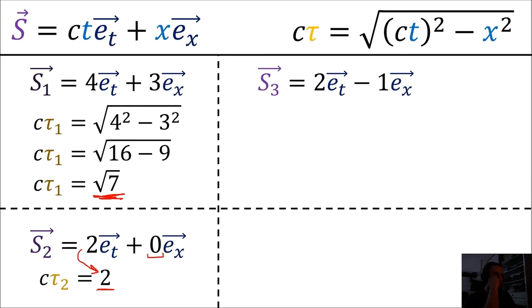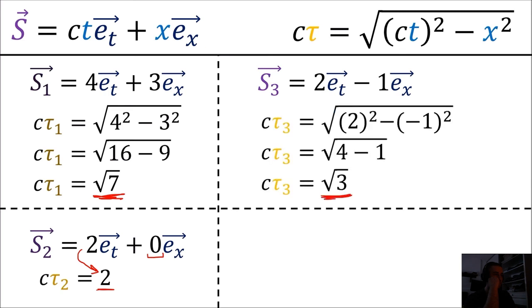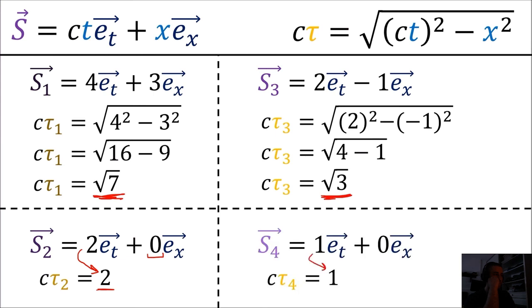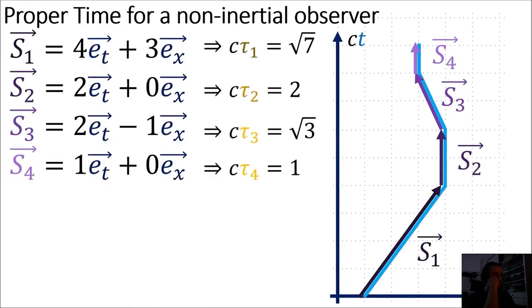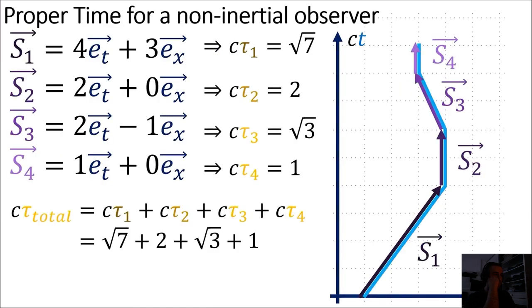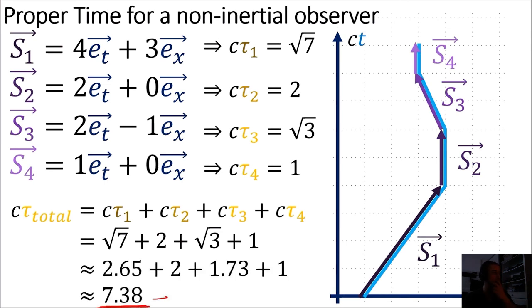For S3, the components are 2 and -1, so c times tau ends up being just the square root of 3. And again, for S4, we can read c times tau equals 1 directly from the time component, since the space components are 0. If we add up all these proper times together, we get the square root of 7 plus 2 plus the square root of 3 plus 1, which ends up being about 7.38. So we've calculated the total proper time along this non-straight world line just by adding up the individual proper times